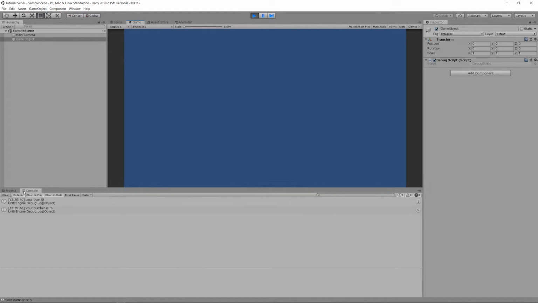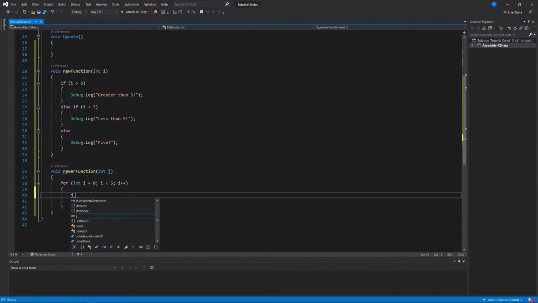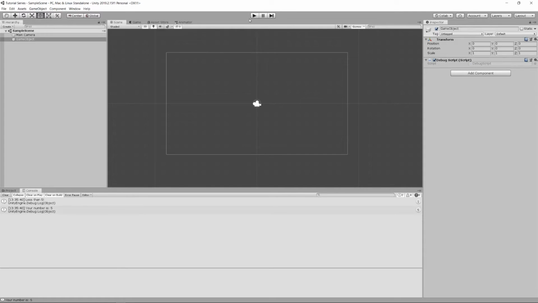And I see, if I uncollapse this, I see that it's done that. It's done, your number is 5. Cool. Well, that's interesting, but how can we add to that functionality? Well, let's say that for this for loop, rather than just doing nothing, we can say j++, and then we're actually doing something to the integer that's being passed to it, and then logging it to the console. So now when I hit play,